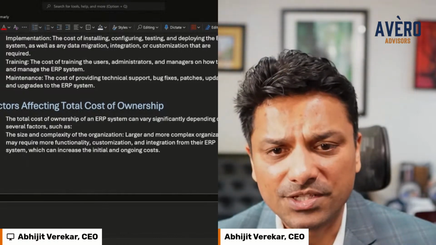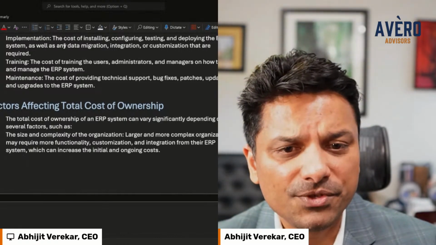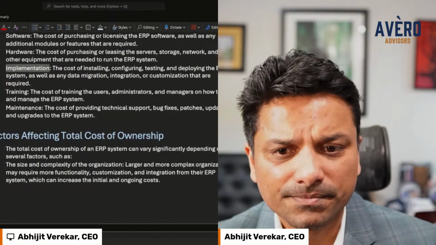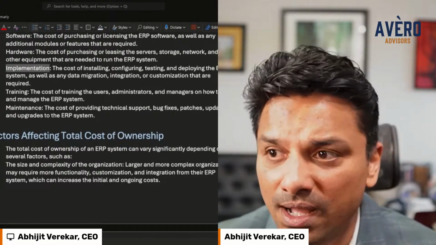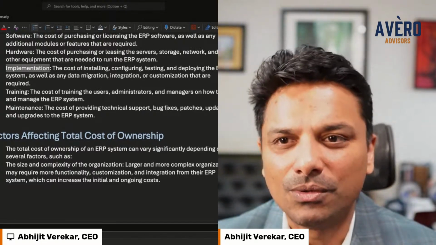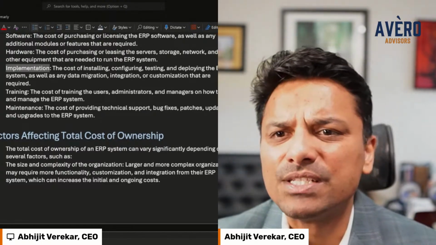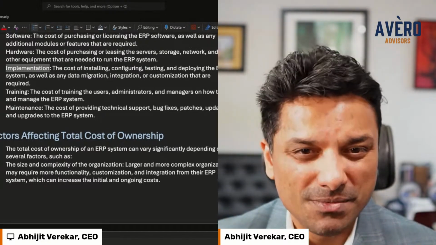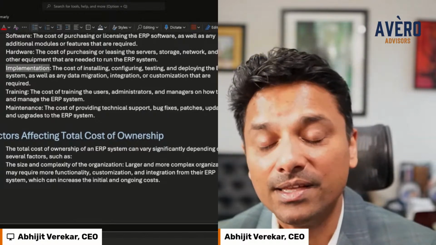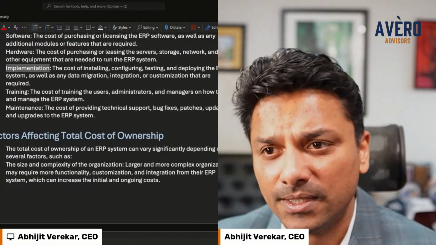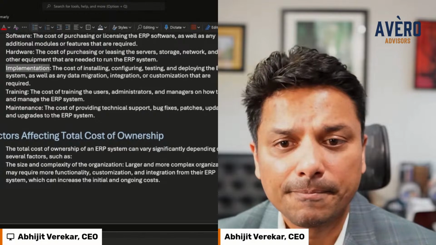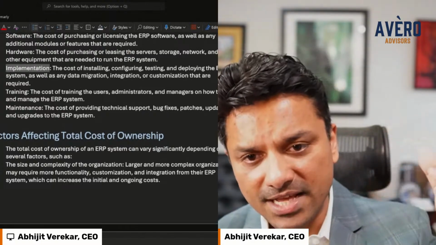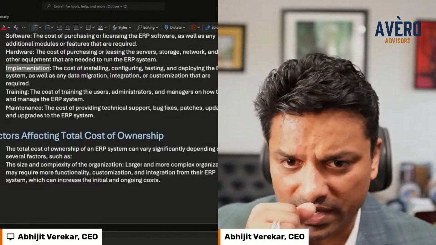Implementation cost. What does that mean? So there's a few components to this. One is you have system integrators. If you go buy Oracle or a Workday or any of these large products, they have the option of implementing the product themselves, but they also have a very robust system implementer network that is responsible for delivering the product to you. So you'll have a SaaS contract and you'll have an implementation contract with a third party.